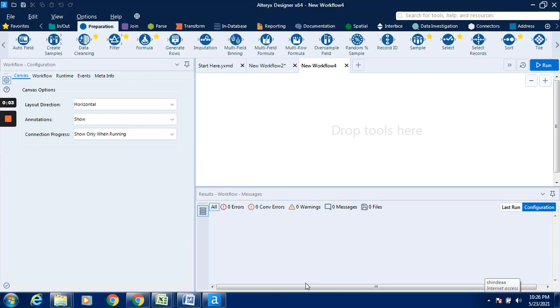Hello everyone. In this video we will see an exercise on Alteryx. The objective of this particular exercise is how to provide numbering by using the multi-row formula tool in Alteryx. So for this purpose we